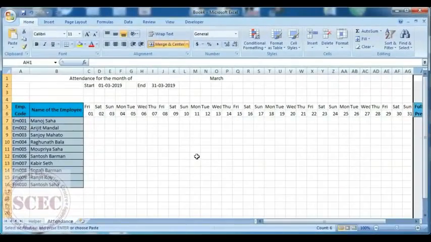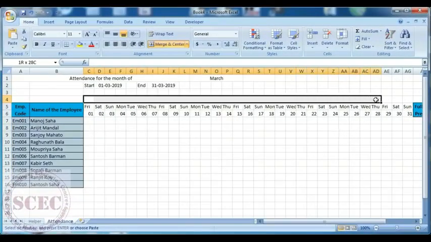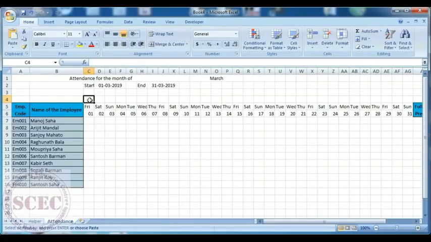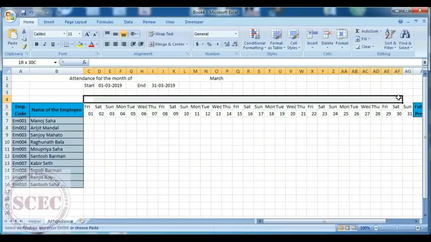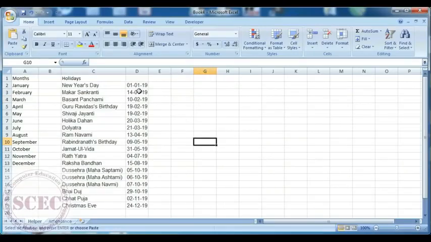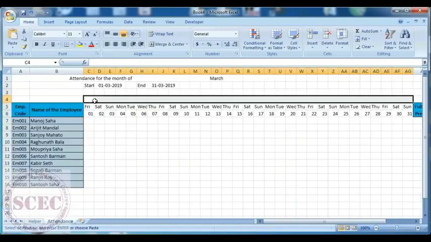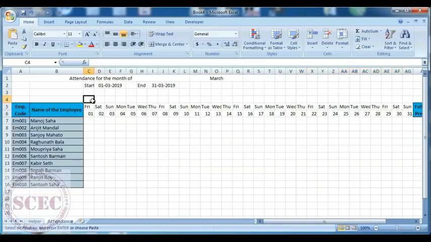Now we will set a helper row here which will help us to make the sheet automatic. Here we will put a formula which will give a result with numbers, that is it will give 1 if there are no dates, and it will give any number that corresponds to the holiday dates. Here it will be 1, 2, 3, 4 or anything, and other cells will give 0. So how could we do this? First click here, then press equal to.